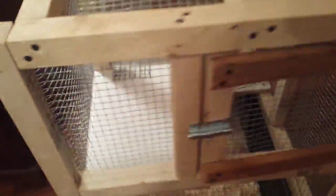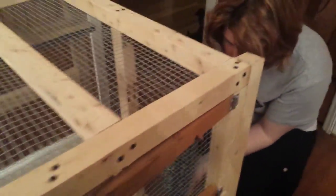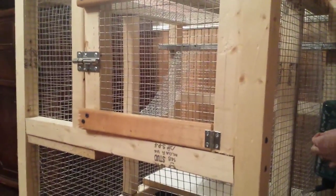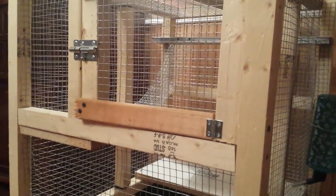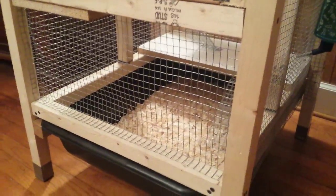Overall, we're pretty impressed with it. I think the rats are gonna like it. It's about 34 inches tall, and Miss Queen City Constrictors is putting a water bottle on that for them. Probably best put it on the platform, that bottom one. It's a pretty cool little cage. We put the door up top just because it would make it easy access from the top and bottom to get the rats if they're up there on the top little shelf, or if they're on the bottom or in the bedding down there. So anyway, we're gonna go ahead and put them in their new home and let y'all see that,